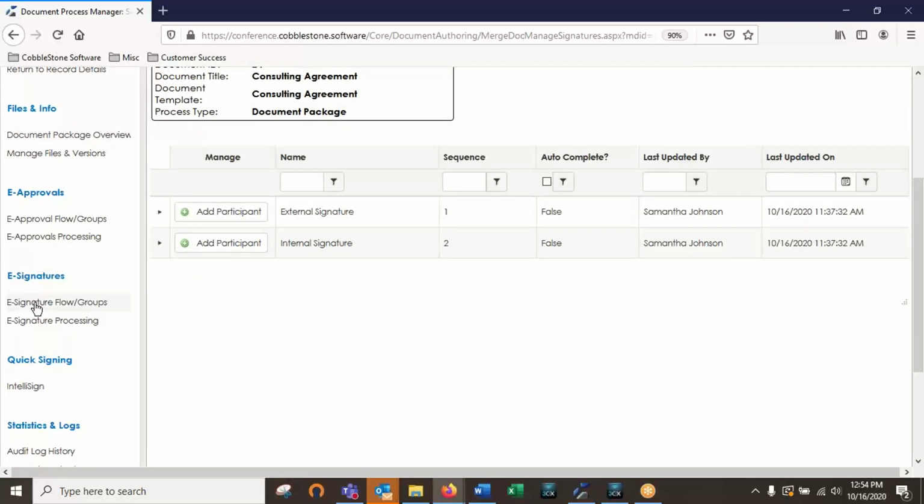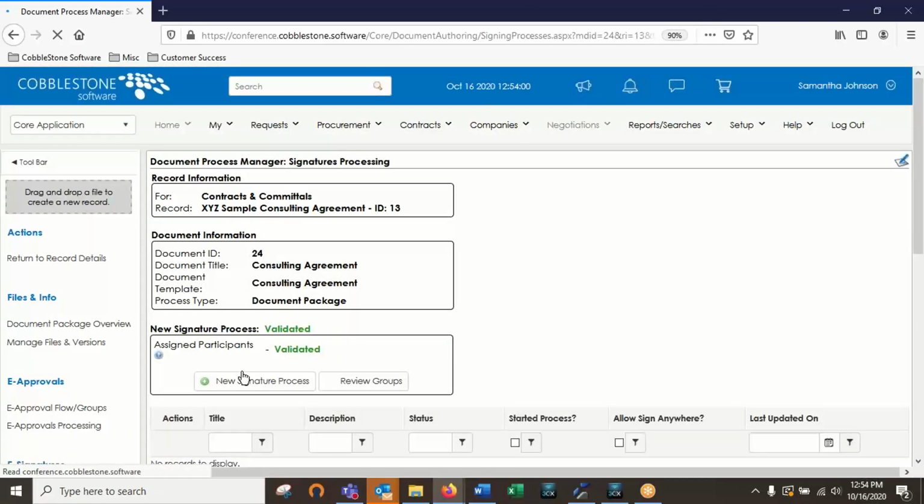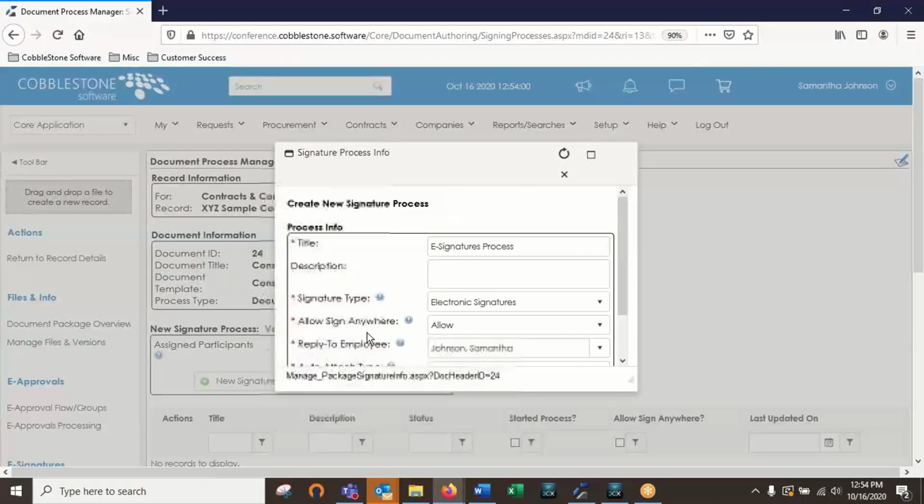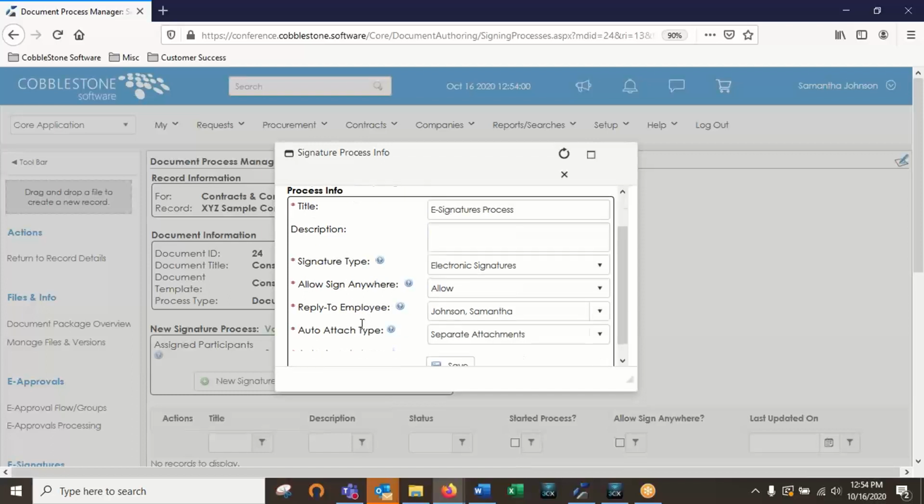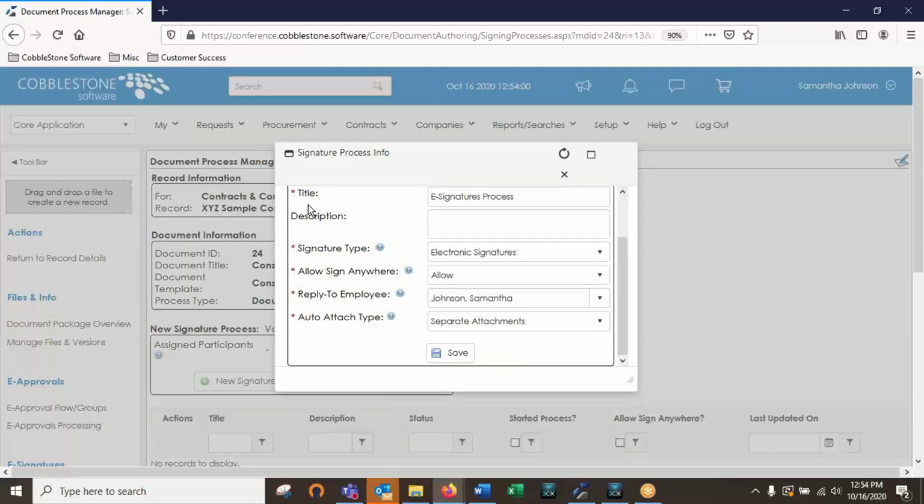Now, if I were to come below that and go to my eSignature processing and click on that, we can go ahead and start our signature process. And now once we're in here, a lot of this is going to look similar to when we were doing our one-off signing. So again, we can add our title and description, but here we also have the signature type as well. Now, is this going to be a signing process with electronic signatures, or